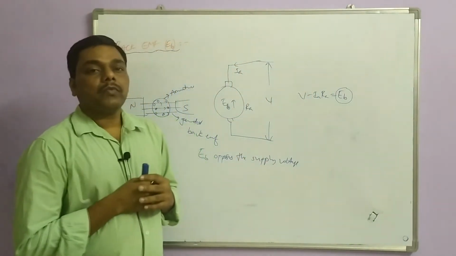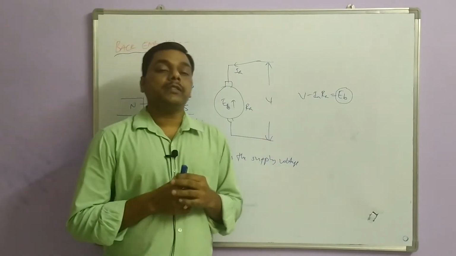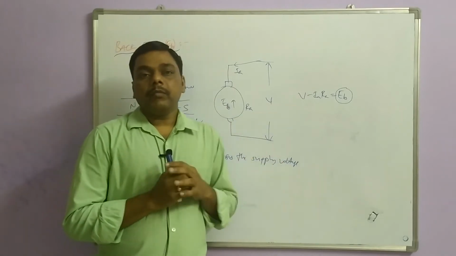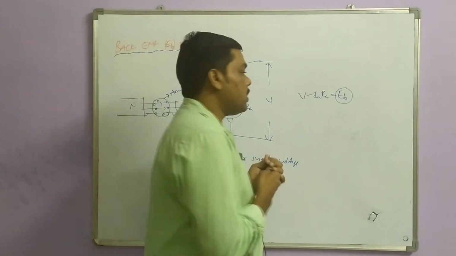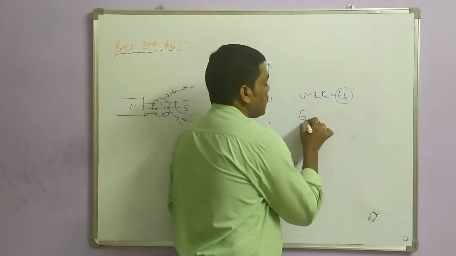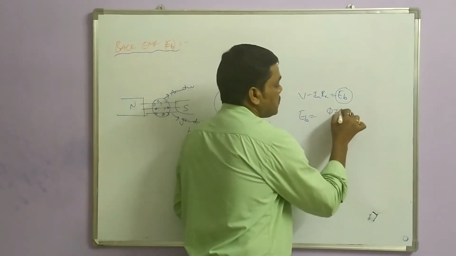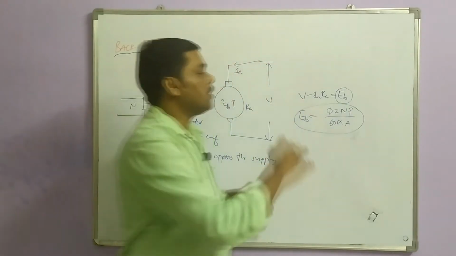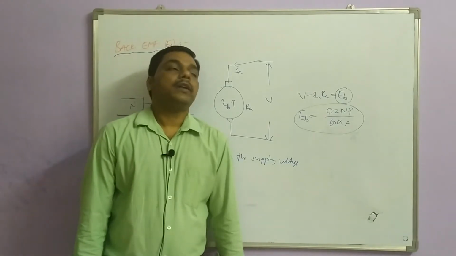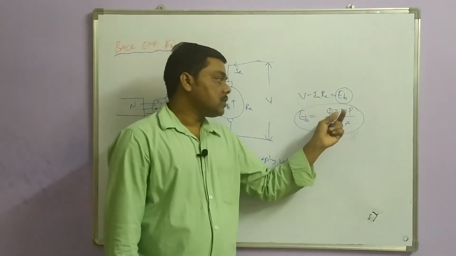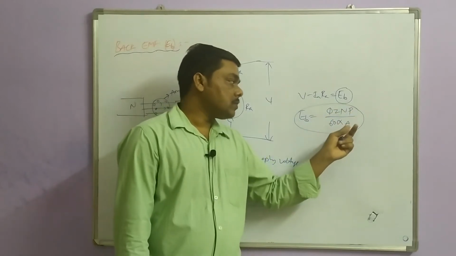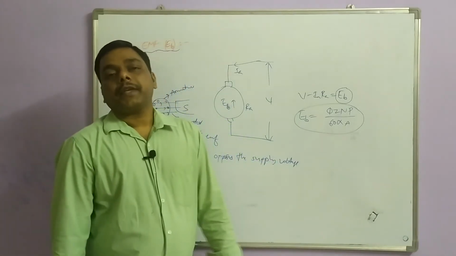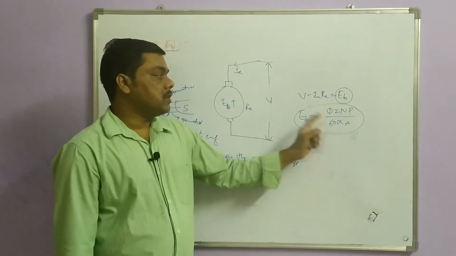Okay. Now what is the formula for back EMF? How do you determine the back EMF in DC motors? There is no change in the formula for generated EMF and back EMF. So similar to generated EMF, back EMF is also given by phi Z N P by 60 A. Now this is the back EMF formula in terms of parameters: flux, conductors, speed, poles, number of parallel paths, and revolutions per second, that is N by 60.